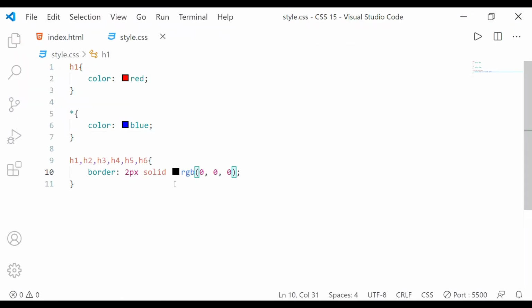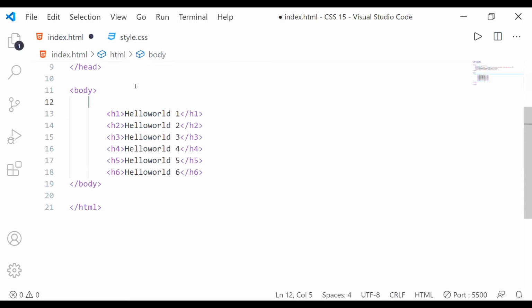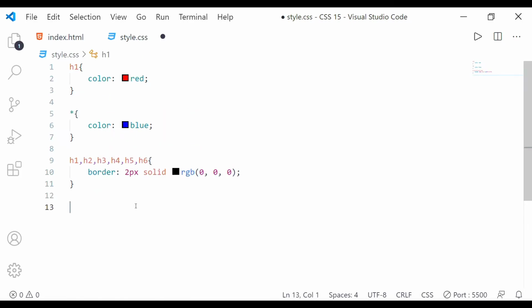Similarly, you can select elements inside other elements. Here I will show you an example. You can take a div, cut this part and add it below, and I am formatting the document for better clarity. Here you see h1 to h6 remain inside this div. Inside this div I can select each and every element. I will just write div, and inside that div I want to select everything and change the font size to 100 pixels.